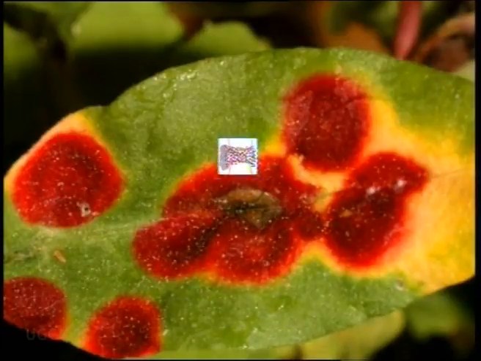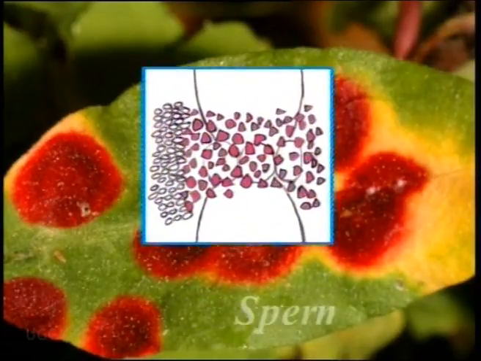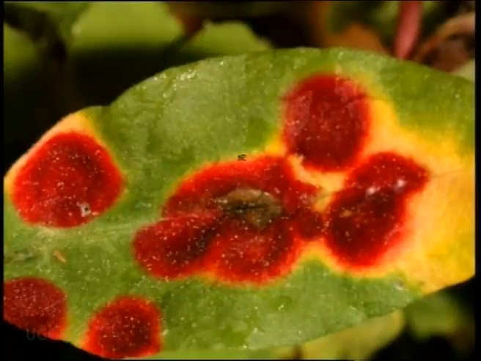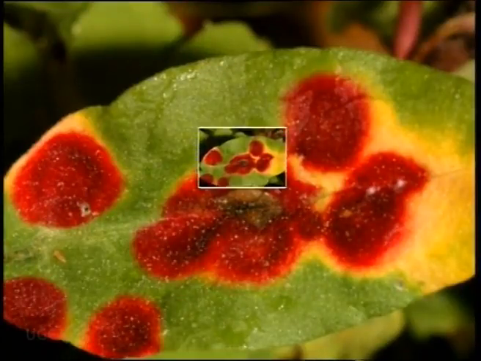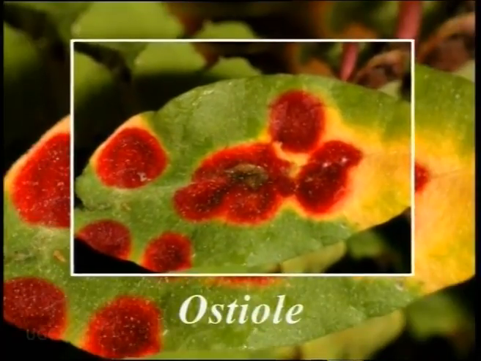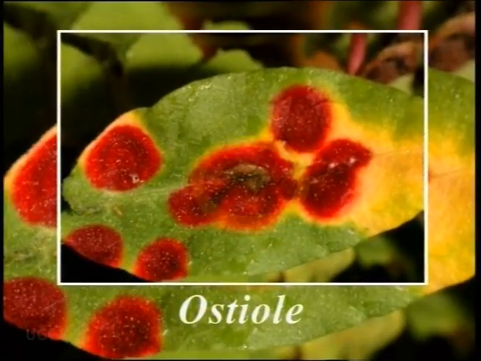The spermagonium is lined by cells that form sticky uninucleate cells called spermatia. The ostiole is surrounded by a bush of orange, stiff, unbranched, pointed hairs, the periphyses, which hold droplets of sugary,